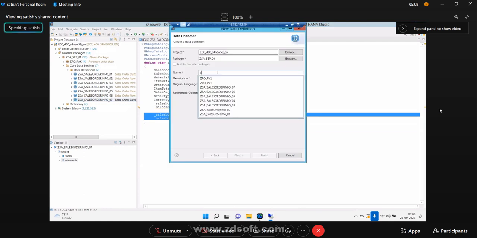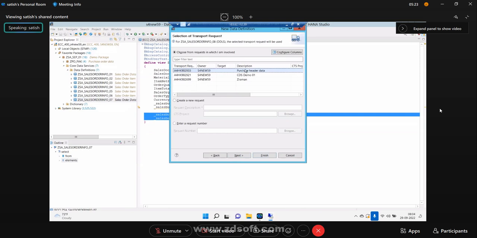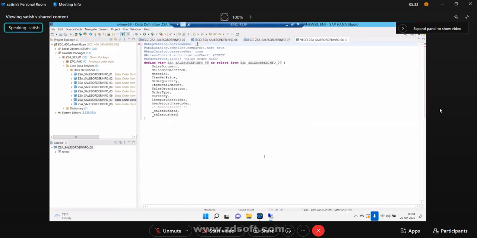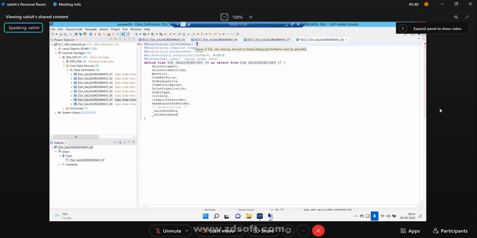ZCA. Clicking on next, define view, finish. It copied from reference, but I am not going to use the reference, so I'll just remove this. Now see here, I'm going to specify the SQL view name. As we know, the SQL view name should be specified. Now I'm going to specify from